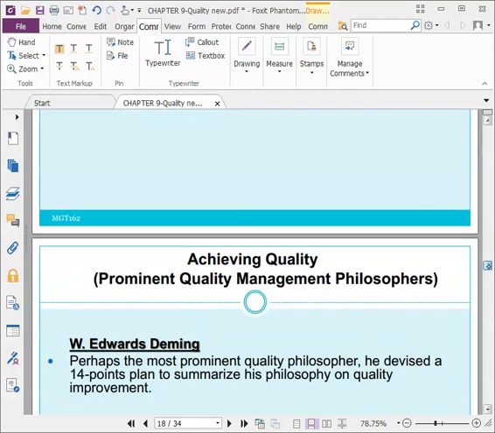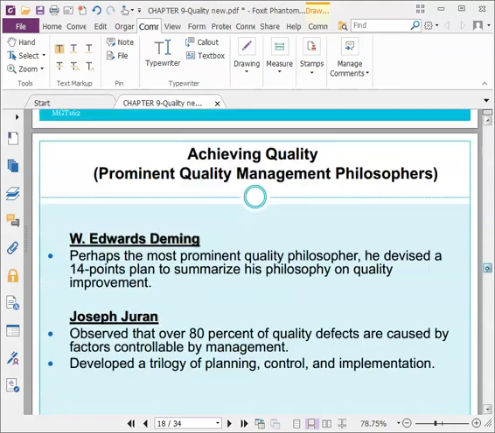Okay, so kita tengok pula siapakah orang-orang ataupun the person that achieve the quality or prominent quality management philosophers. Okay, philosopher yang terkenal in the world that achieve the quality ataupun prominent quality management philosopher. Siapa yang mengatakan ataupun filosofer yang membuat kajian berkaitan dengan quality of the management. Filosofer tu maksudnya siapakah yang